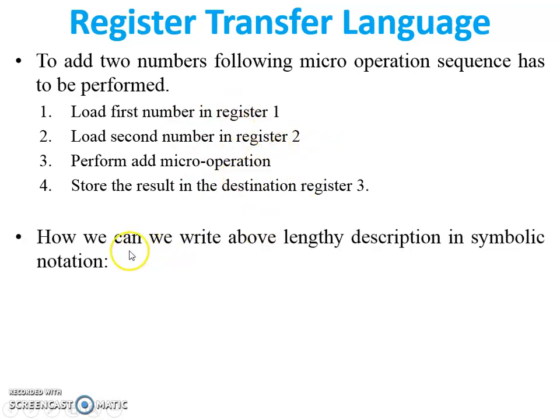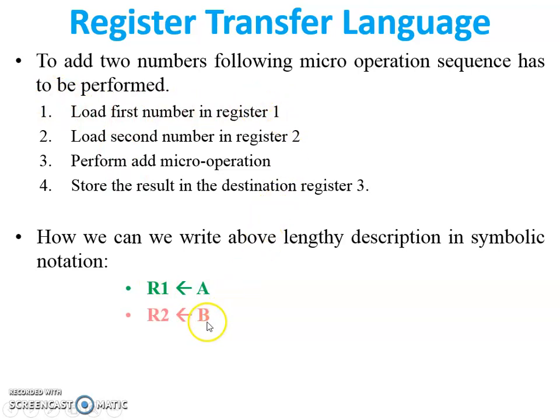How can we write the above lengthy description in symbolic notation? Now this lengthy description is converted into symbolic notation, so we can easily perform or remember it. The number stored in operand A is loaded into R1. So this is the first micro operation performed.